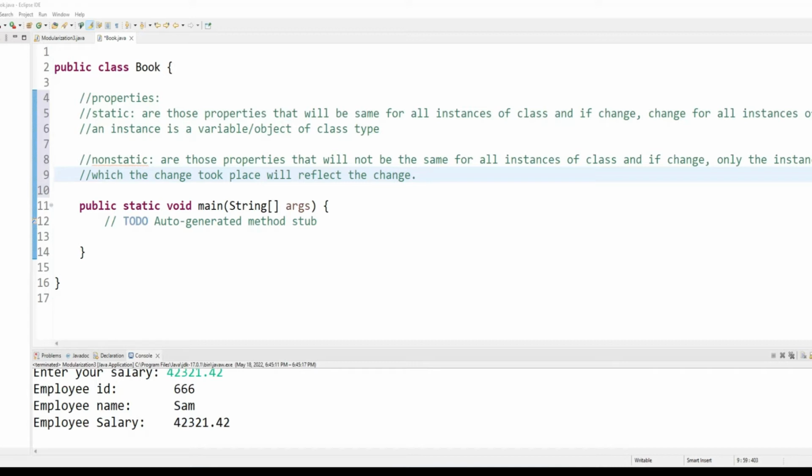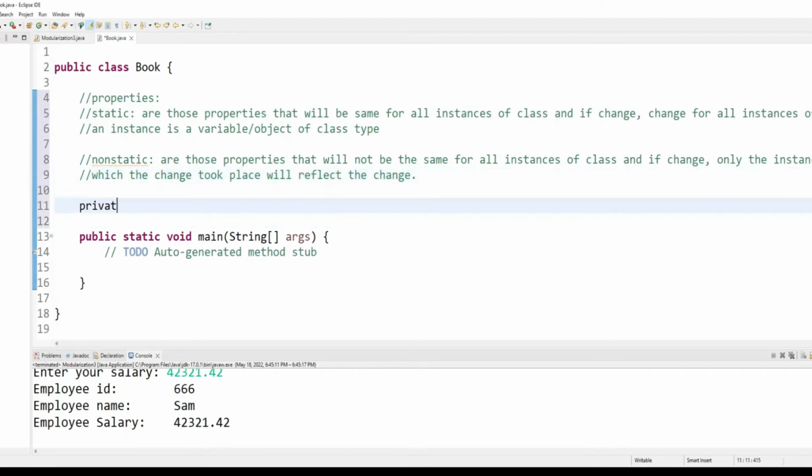How about the property called price? Will that be static or non-static? Price. Non-static. Why? Because I want to have a different price for each book. Very good. Okay, so you got the point. Now let's start working with these. Private, because I do not want anybody to be able to access the property without coming through the proper channel, which is getters and setters. So I will be declaring them as private. So private integer